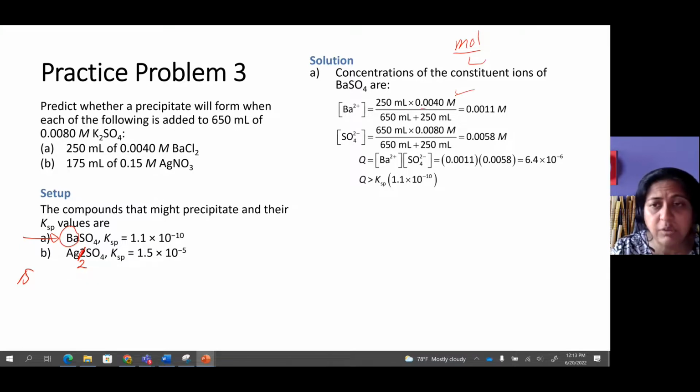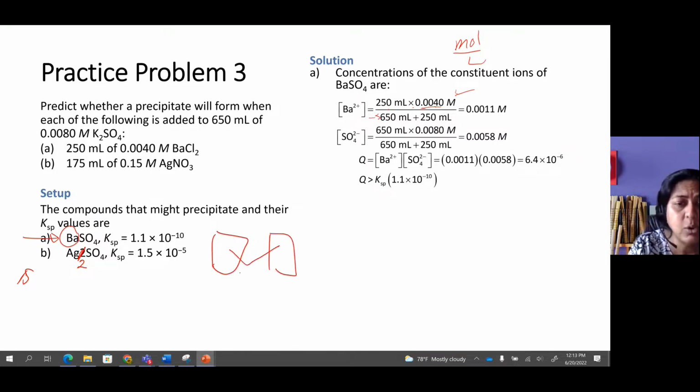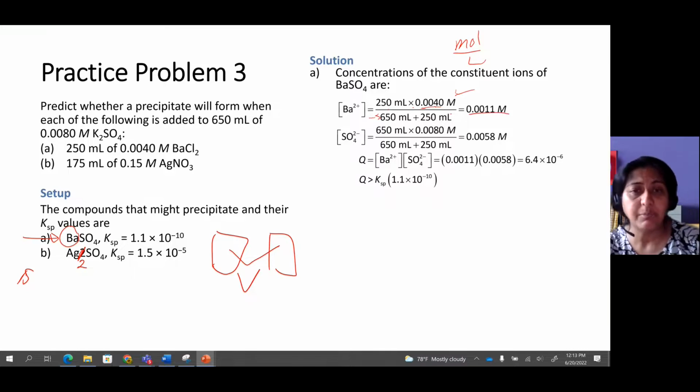So the concentration of the barium chloride solution is 0.0040, multiplied by the 250 ml, and then divided by the total volume. Now two solutions are mixed, so we need the total volume: 250 milliliters plus 650. So we get the concentration of barium 2 plus ions as